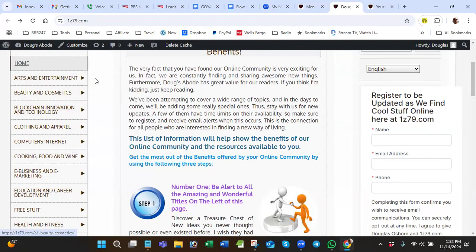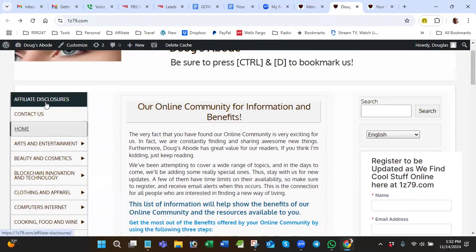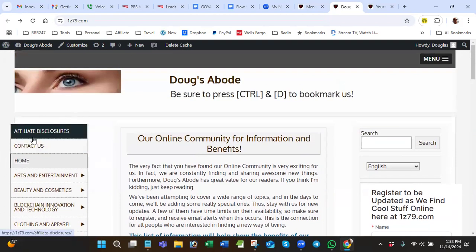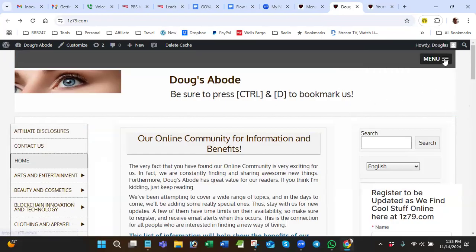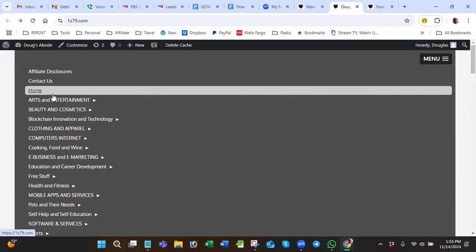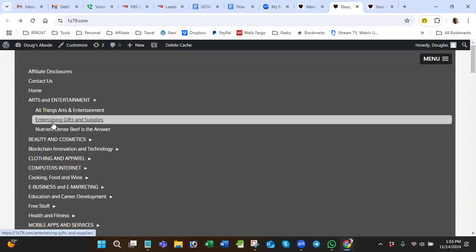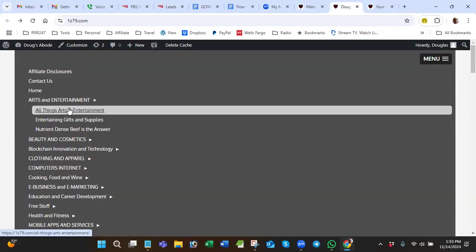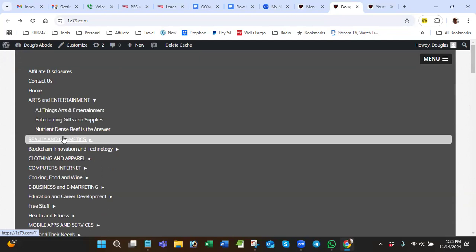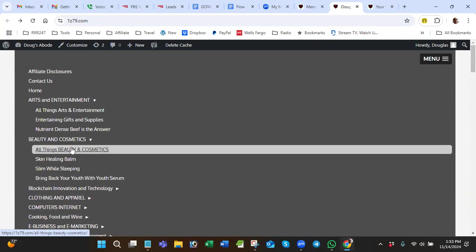And also, not everybody sees this menu at all, unless they're on a desktop or a laptop. They're not going to see this menu structure at all. It looks a little different. They have this menu right here, and then it opens like that. So when you click on arts and entertainment, it doesn't go to the arts and entertainment category. So that's why every category has its own all things page, whatever it might be,